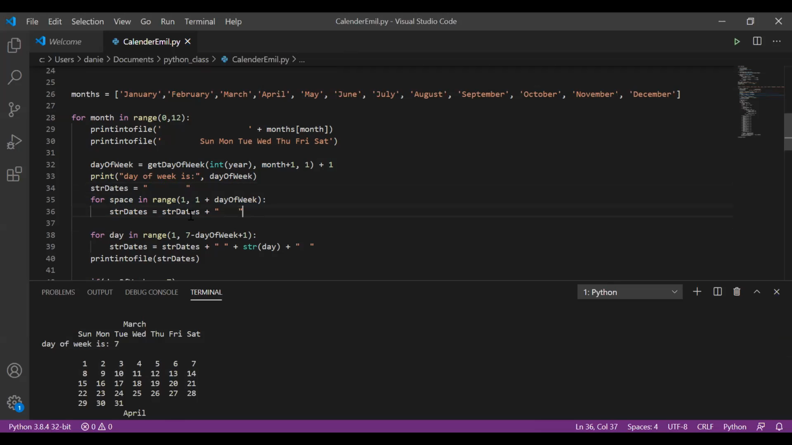So let's just say, for spaces in range of 1 to 1 plus day of week. So when day of week was 3, that would be Wednesday, I think. Then it would add 1 space plus these spaces multiplied by 3. And after that, for day in range of